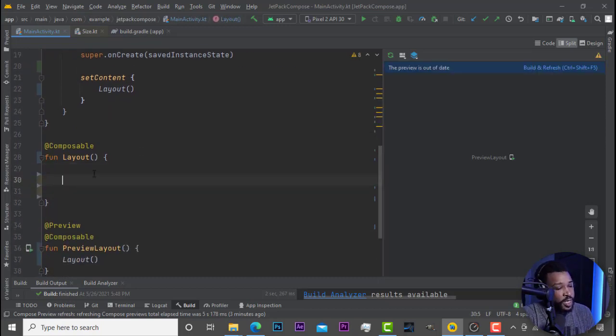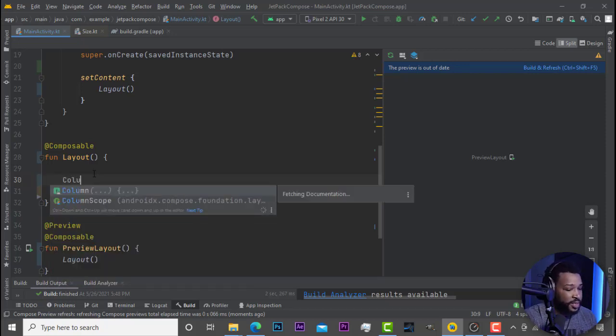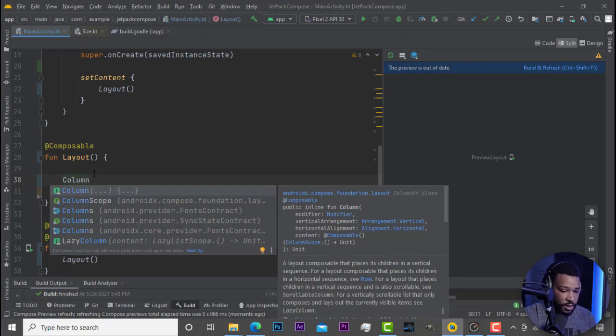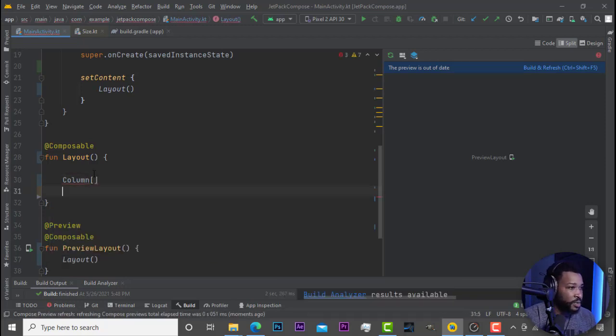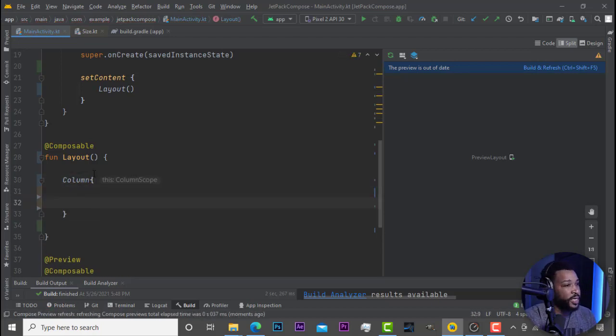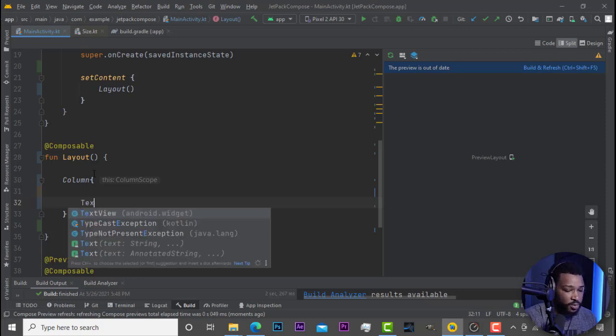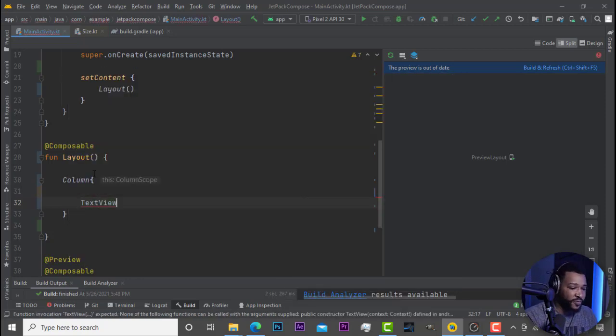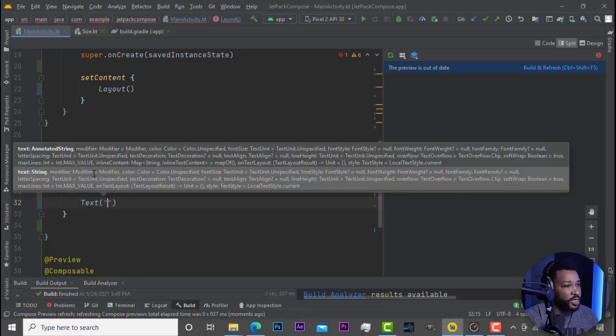So let's start off with Column. Column is basically equivalent to a vertical linear layout. Let me show you what a column is. Now this is all out of the box, and I can't type today. Anyways, we've got a column. We're going to create three texts. It's not TextViews, but it's equivalent to a TextView. It's just Text. We can just go Text one,